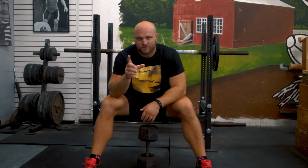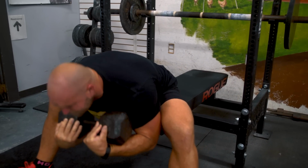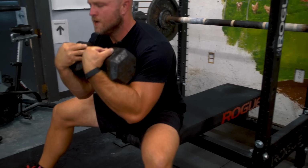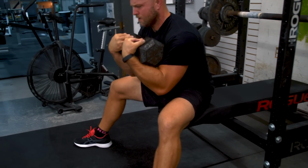I'm gonna superset this with some core work. So he'll put 2 at the end of his workout sometimes, you know, core or a little bit of upper body work. In this workout, we're gonna do 2 sets of 20 good mornings with a dumbbell, and we're gonna superset that with knee planks into explosive mountain climbers. So those are something that you could use furniture sliders, you could use a towel on a linoleum floor, anything